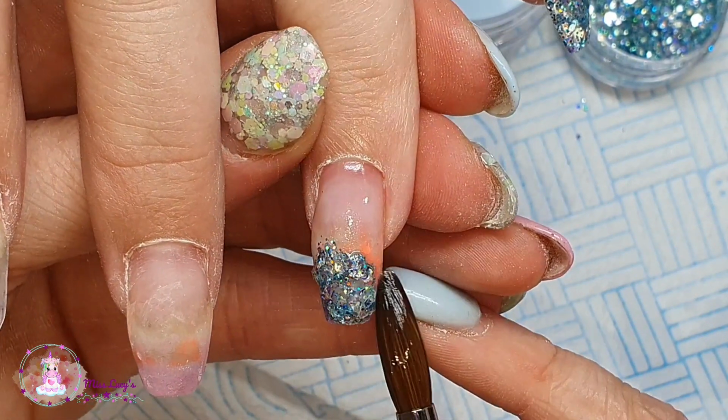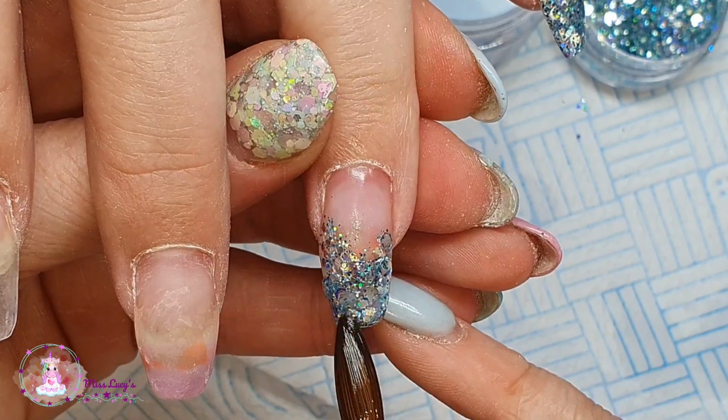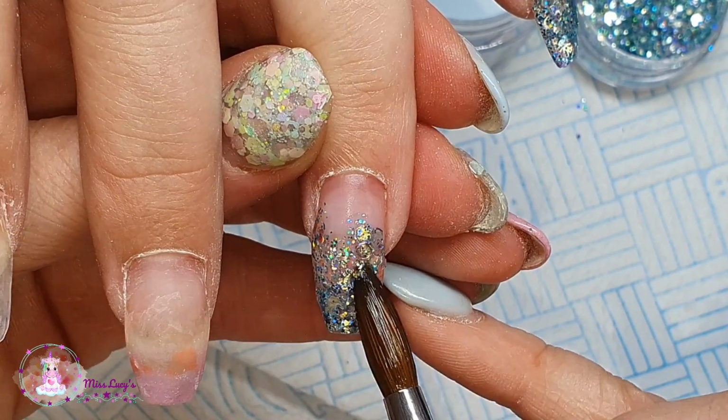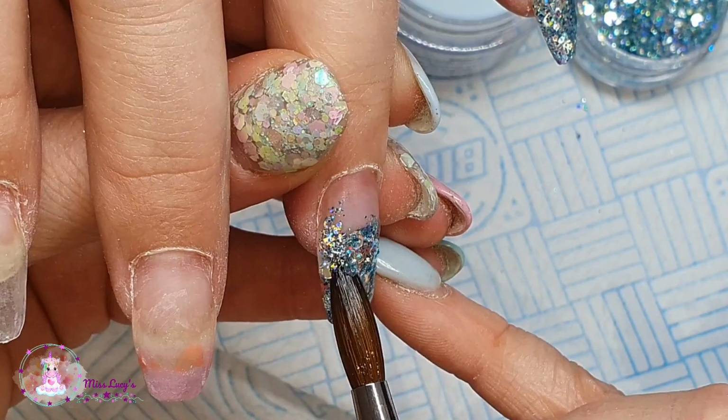It's a chunky cut glitter, but it's really easy to use, and I find it really easy to get really good coverage with because there's plenty of the smaller cuts in there as well. So once I've applied the glitter I want on this tip, I'm going to let that set into